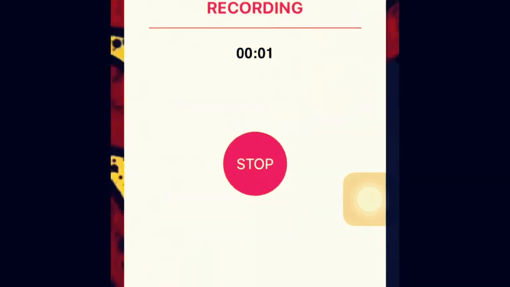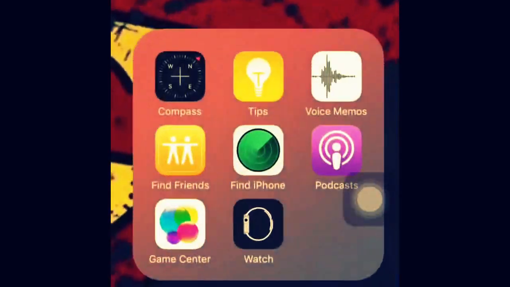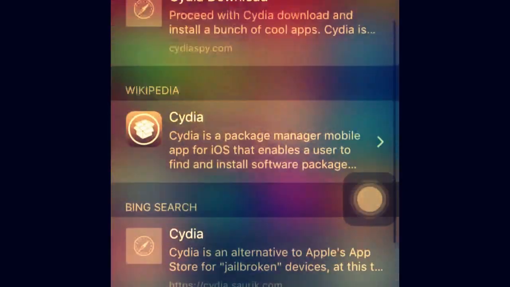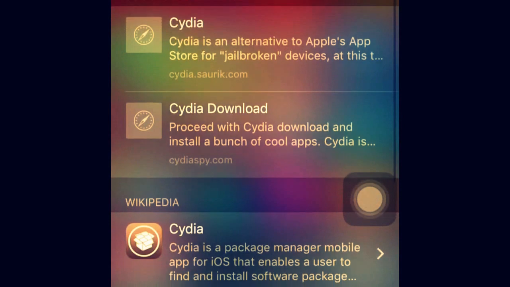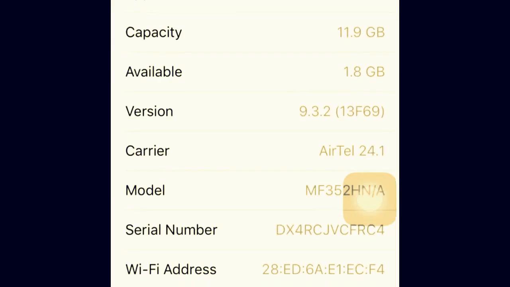So, friends, I am Dikshant, and I am here today to show you how to download Pokemon Go for free on any iDevice. Particularly, I am showing this to you on iOS 9.3.2. So, let's get started. Let me first show you that my iDevice is not jailbroken. As you can see here, I have no Cydia installed on it. You can also see here where we search for the hidden apps. I have no Cydia installed, so I have a non-jailbroken device.